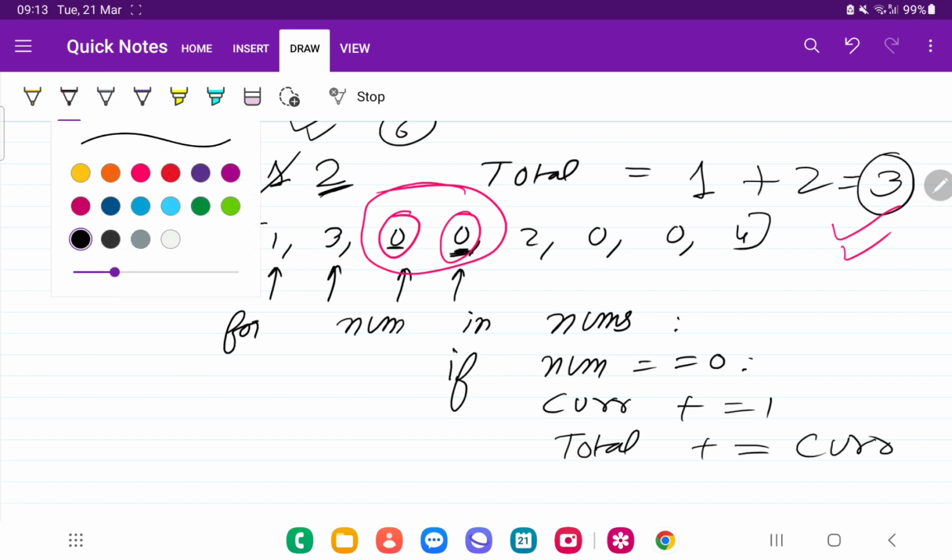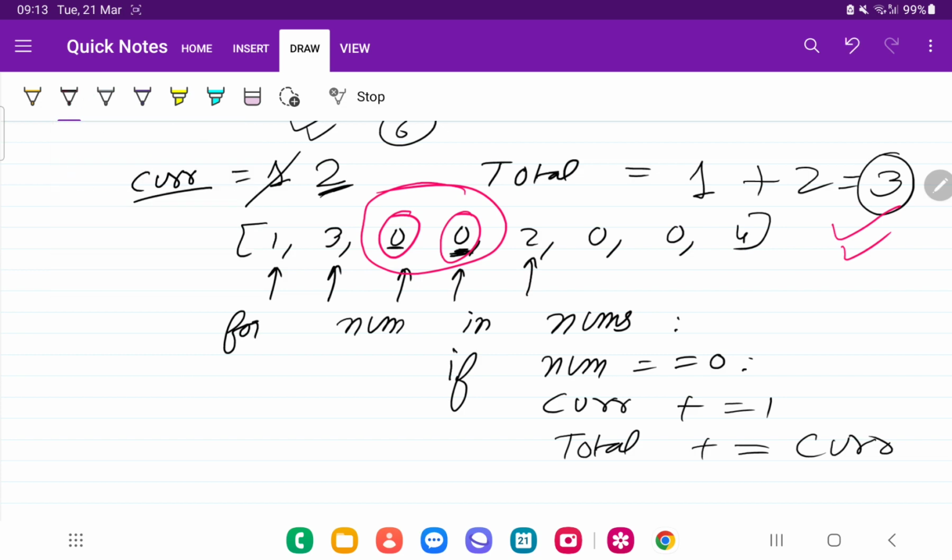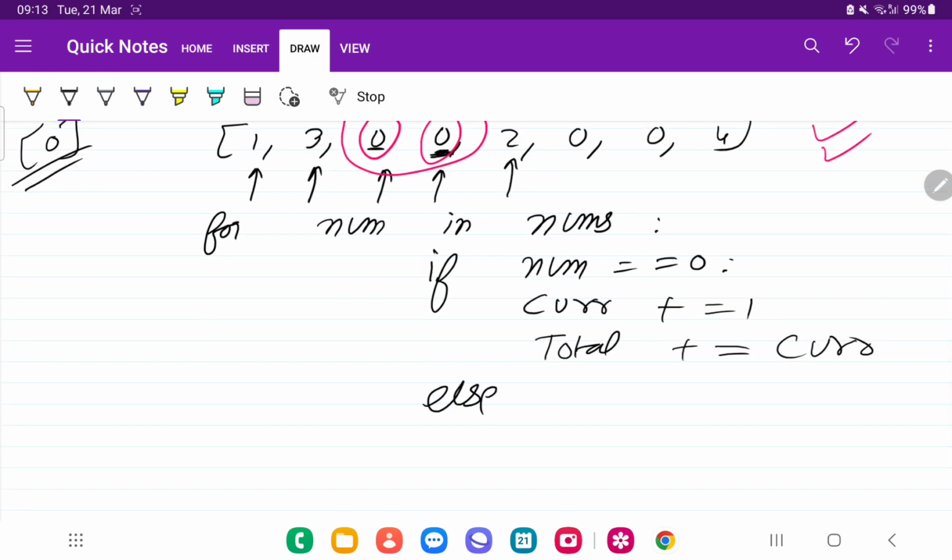As soon as we get a non-zero element, we are going to make the current value 0, because a continuous run of zeros is broken and will not make a subarray. So in the else we are going to make current as 0.